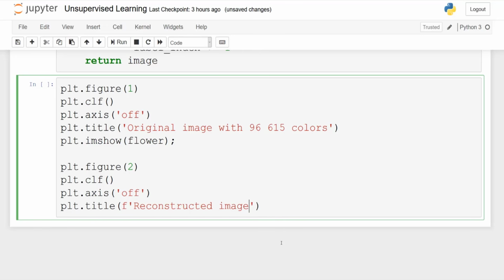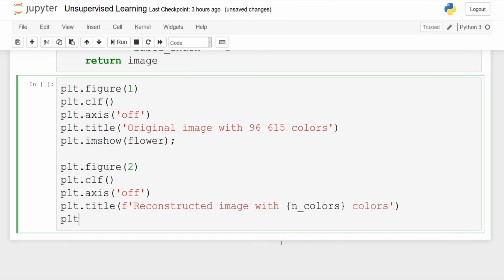Actually, we'll pass in a parameter in this string, so reconstructed image with n colors, because you can change the number of colors. We will do that after. And then we show the reconstructed image.